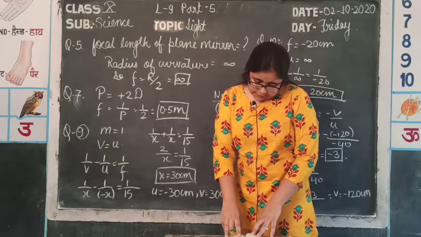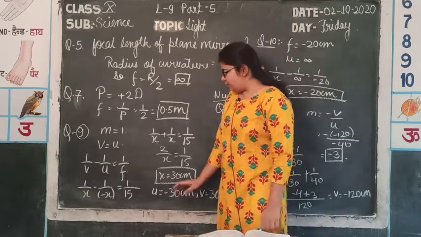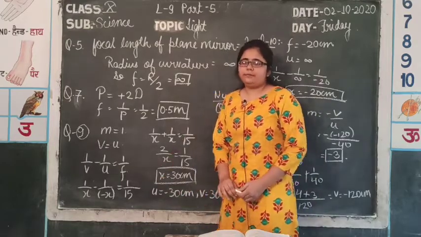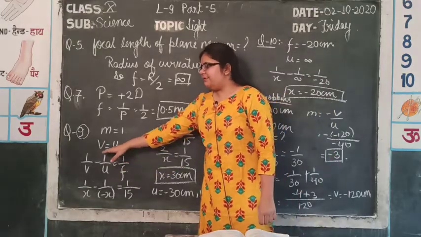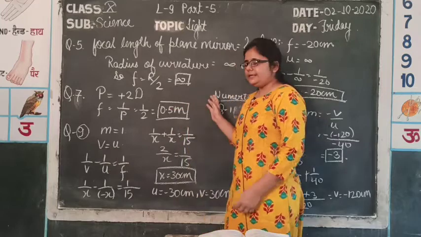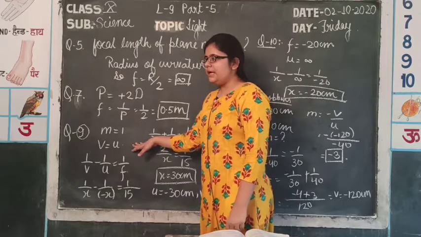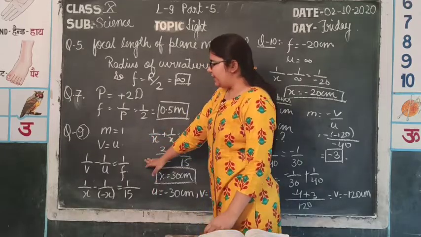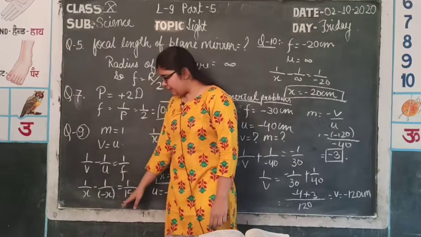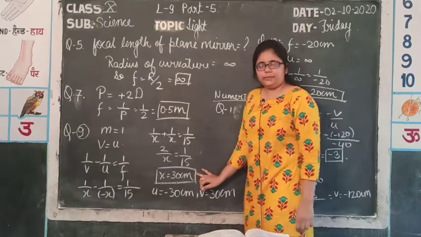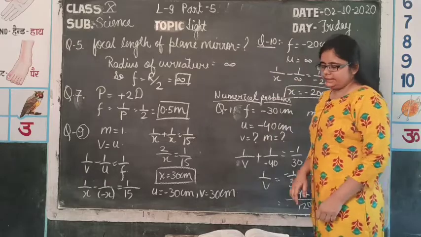So, where shall the object be placed before a convex lens of focal length 15 centimeter? As you know, the focal length of a convex lens will be positive, that is 15 centimeter, and U is equal to V. V is real, so it will be towards the right hand side and will be positive, and U, as you know, is always towards the left hand side and will be negative. So, by putting V positive and U negative, you will get the value, that is 30 centimeter, and U will be negative 30 centimeter and V will be positive 30 centimeter.